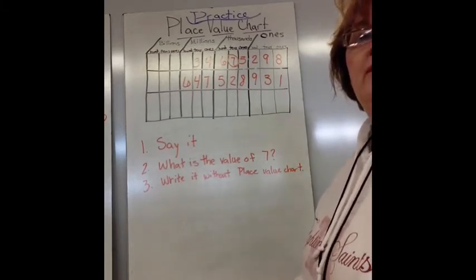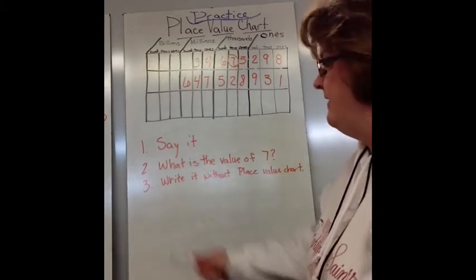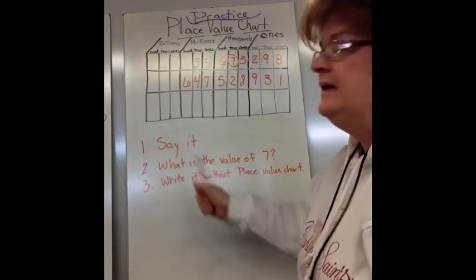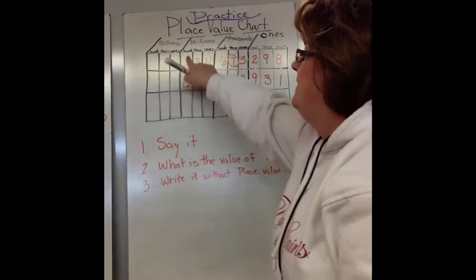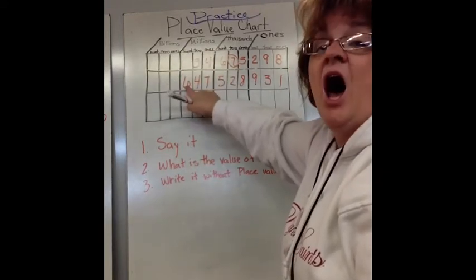Okay, write that number in your chart. And the first thing that we have to do is say it. Now remember, we break it into which period it is. This is in the millions period. This is in the hundreds area, so we say